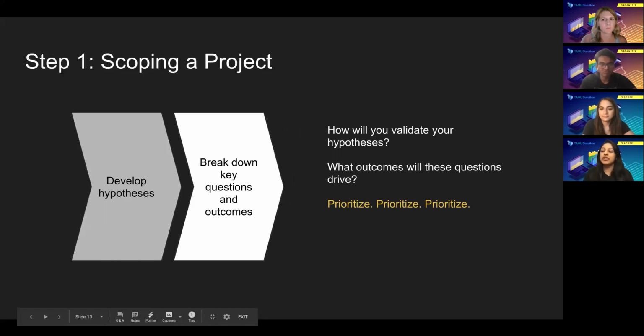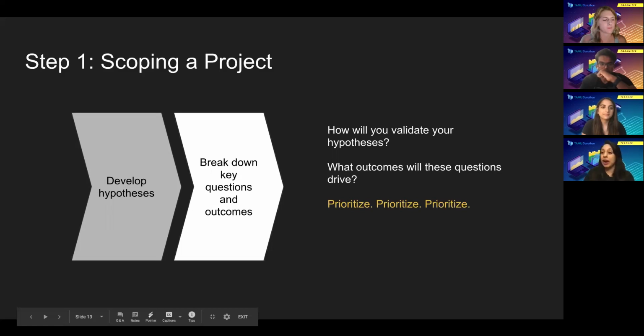So first you have to understand, how would you validate your hypotheses? If you could really understand any questions, what would those questions be? And then also, what outcomes would those questions drive? The most important thing your analysis can do is actually drive a tangible outcome in the business, either through a product or process. If your data just tells people a lot of interesting stuff without any outcome, then it probably isn't as important for you to work on.